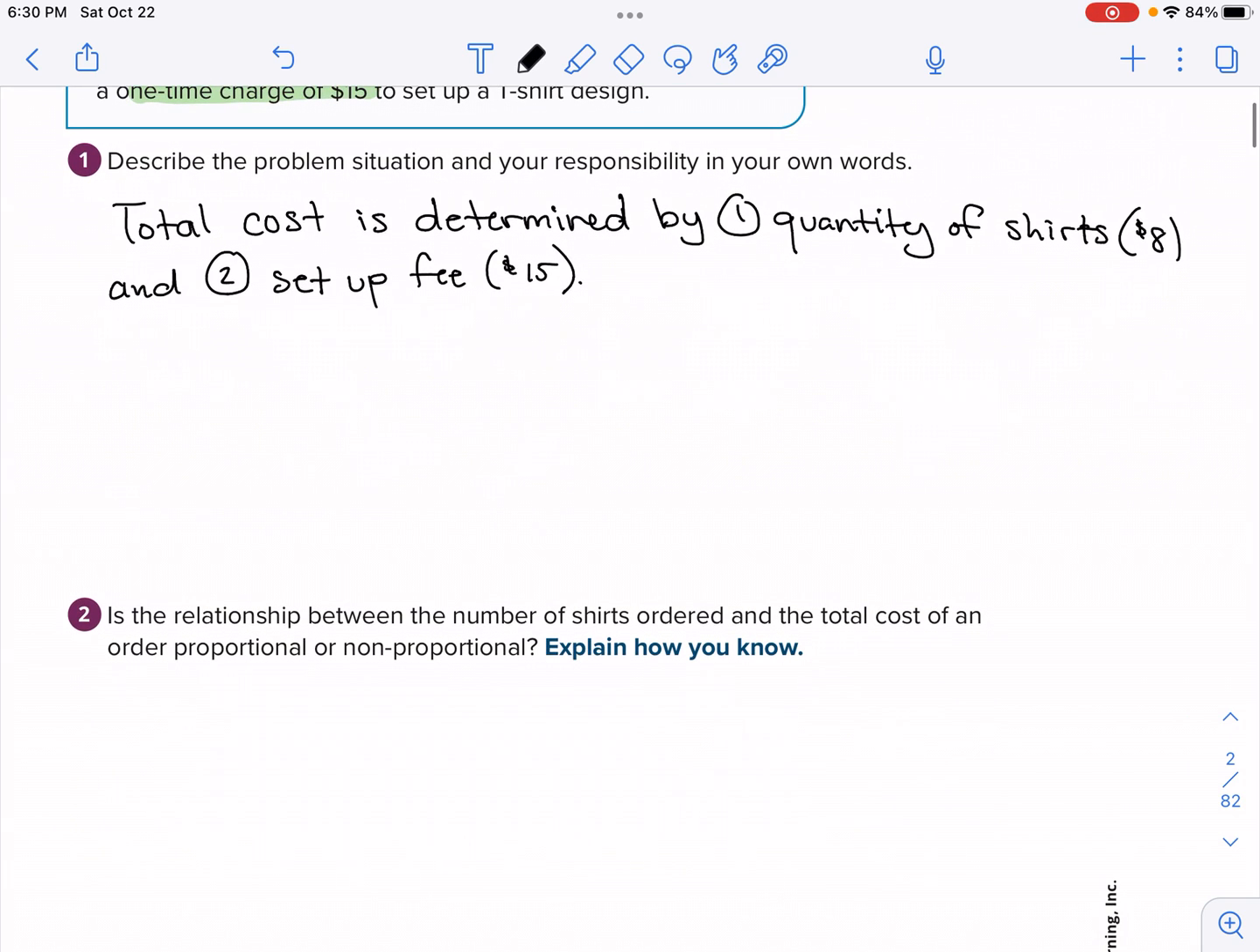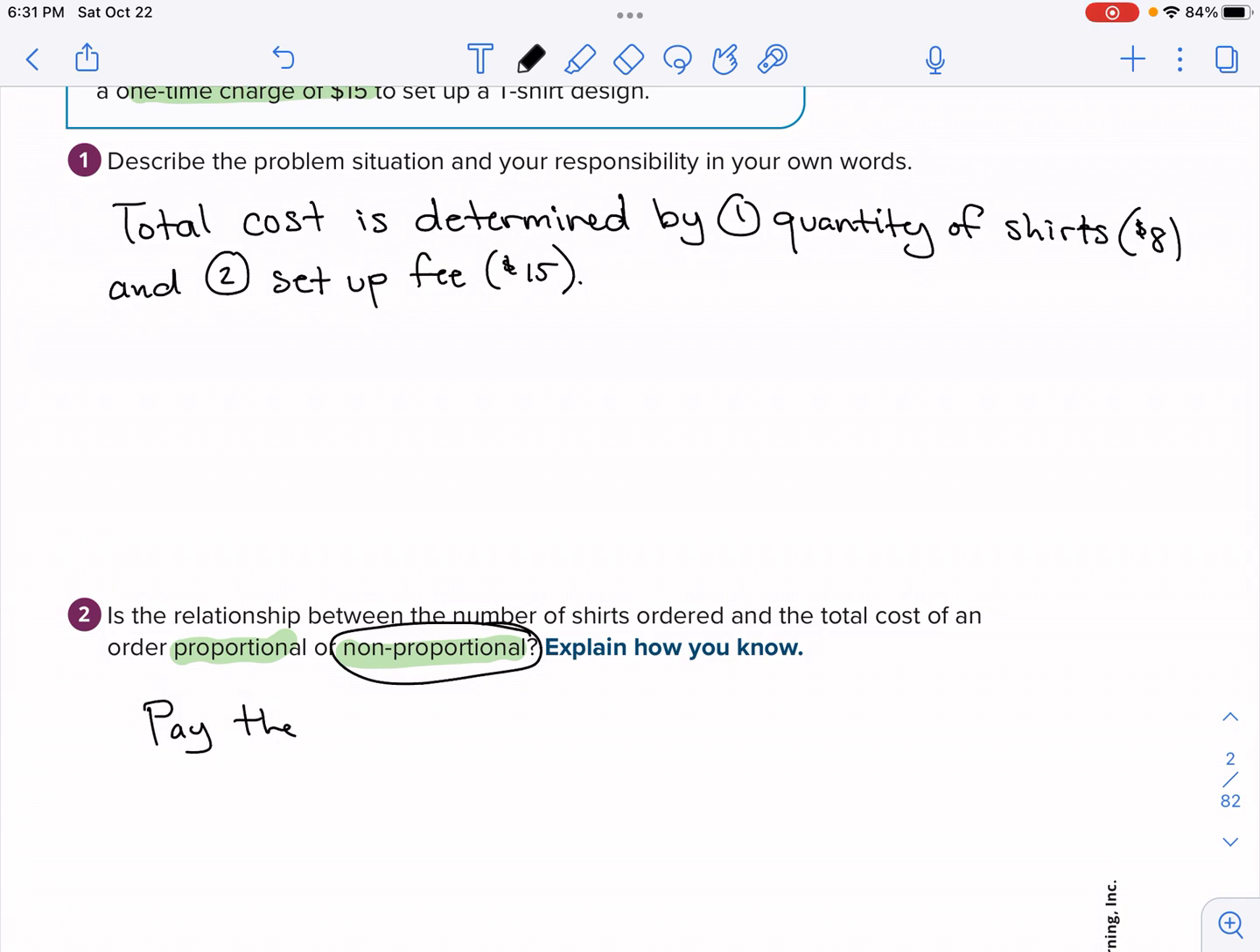Number 2 is the relationship between the number of shirts ordered and the total cost of an order proportional or non-proportional. Now, the way you can determine that is proportional means that it goes through the origin, so it's 0, 0. What this means is if you purchase 0 shirts, you would pay $0. Now, that's actually not the case for this, because this is, I'll actually circle it. This is non-proportional. It is possible for you to actually pay money without even purchasing any shirts, because you'll have to pay